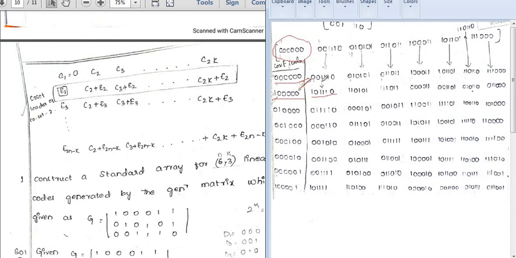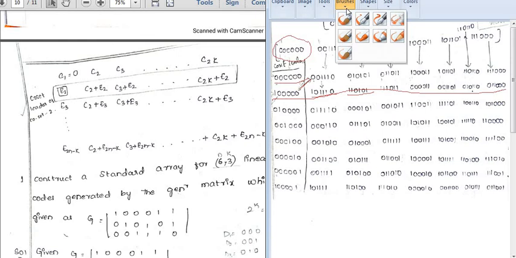Now you do the same thing, C3 plus E2. What is the C3 value? 0, 1, 0, 1, 0, 1 plus 1, 0, 0, 0, 0. All these elements, when added with 0, give the same answer. But for the last term, 0 plus 1, what is the answer? 1, 1, 0, 1, 0, 1. This is how you have to add and complete this particular column. This particular column should be completed. Okay. Now see the next one.